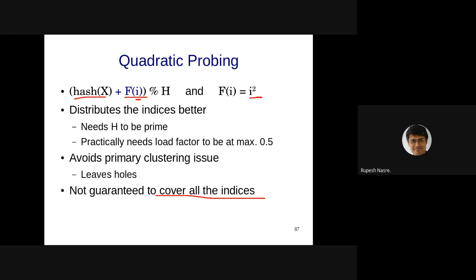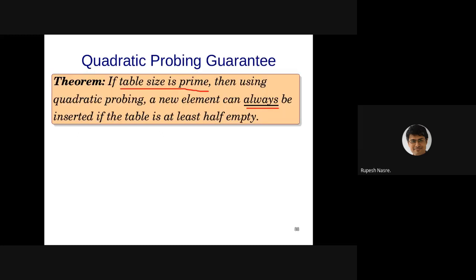Okay, any questions so far? So this is one place where theory and practice can go hand in hand, where you are giving a guarantee theoretically, which is going to be useful in practice. In some other cases, it so happens that theoretically you provide a certain guarantee, but that guarantee is too loose to be useful in practice.